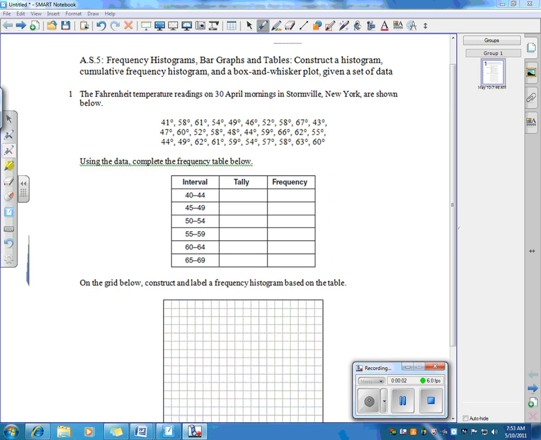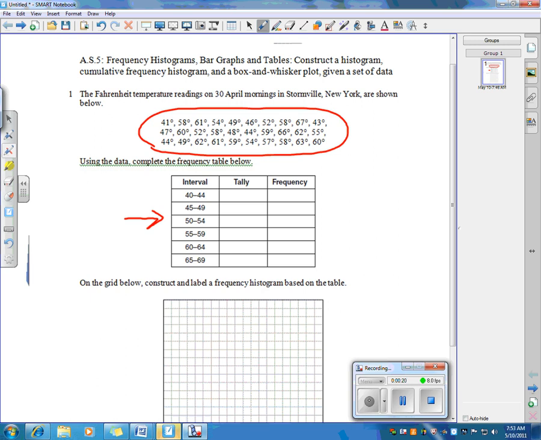We're going to be looking at a histogram. Now, first thing we have to do, this is a test question, so there's a table right here that has all the different intervals. And above, they have all the values they want us to put in those intervals. So we're going to go through and put tally marks for each